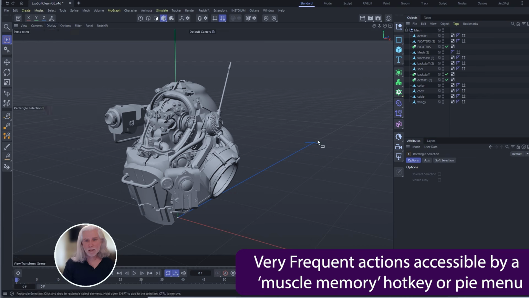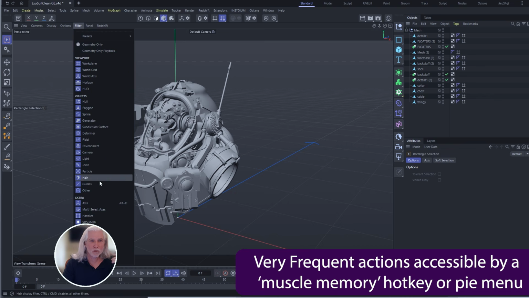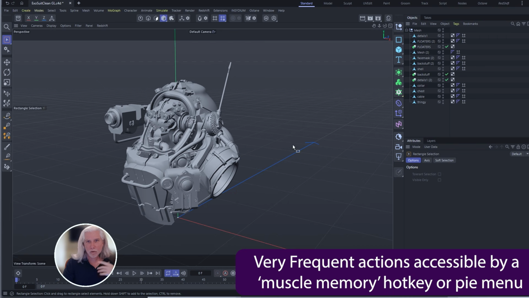But it's a lot of work for something that should be much easier and muscle memory, right? If I want to show cameras and lights or hide them, I should be able to toggle them on or off without ever thinking about it. If I want to hide all the locators or nulls in the scene, all the little deformers, tool helpers you get from deformers or dynamics or joints or whatever, I should be able to hide those very easily, with a flick of the wrist, and not have to go through a menu and start filtering and hiding all this stuff, right? And so if I look at